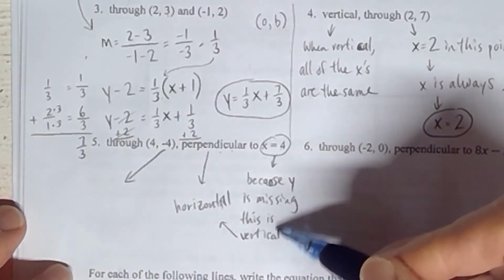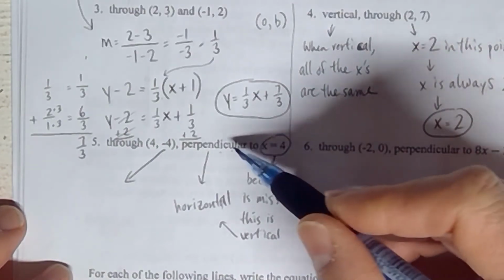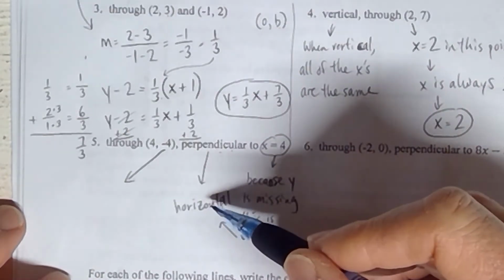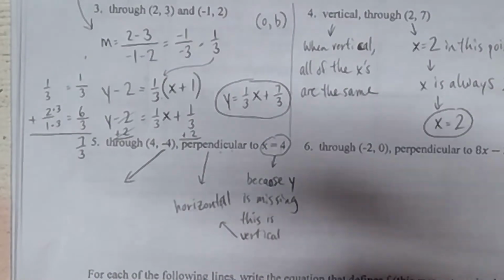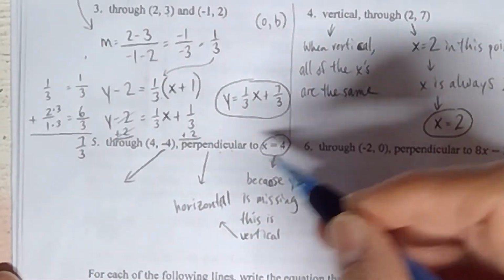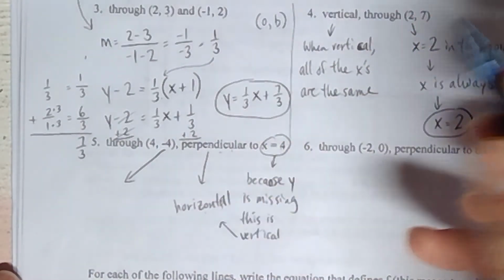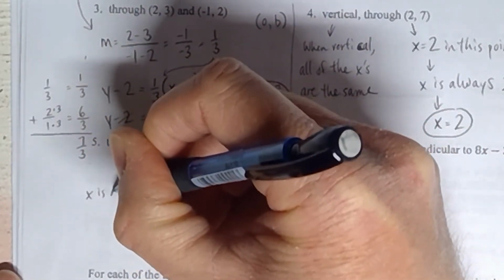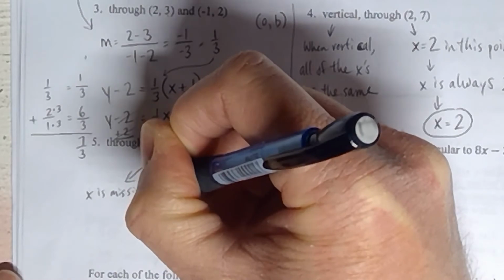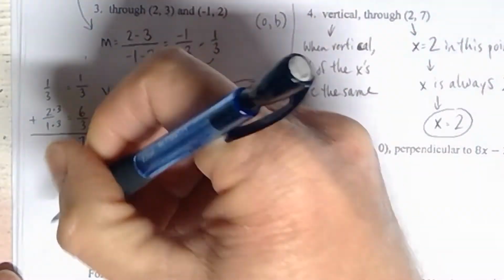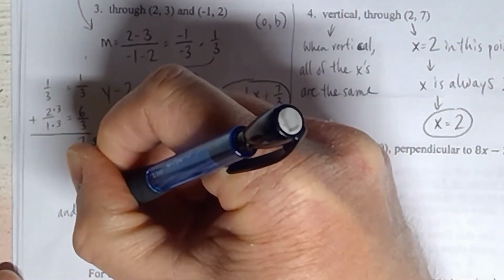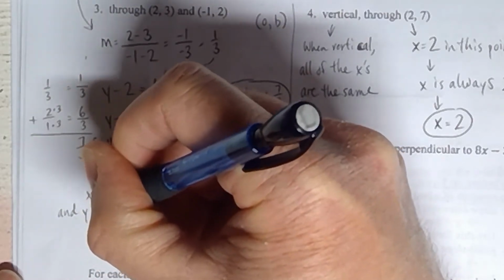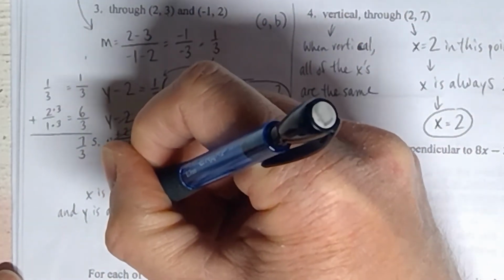I know I said y is missing over here, but that was the equation that was perpendicular to the one I'm trying to find. So the one I'm trying to find is a different equation, you guys. Because the new one is horizontal, that means that the x is missing now. X is missing from the actual final answer, and not only that, but the y is always going to be equal to